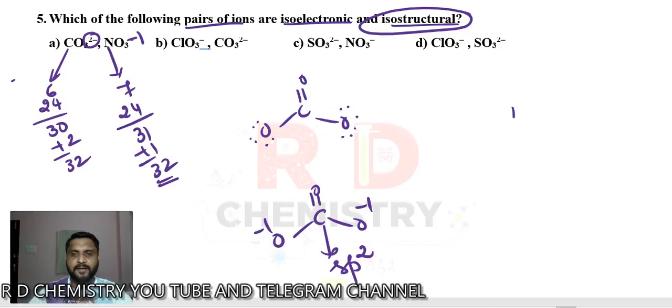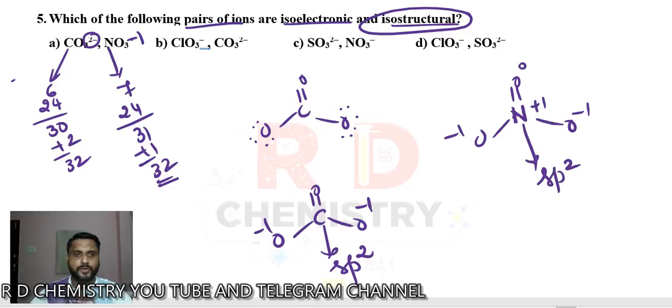If we go for nitrate, nitrogen, double bond, single bond, and single bond. If I write these charges, minus 1, this nitrogen has 4 bonds plus 1 charge, and this oxygen has 0 charge. Okay, right? So when you count, the total charge will be minus 1, and this is similar to the sp2 hybridized one. Okay. So the answer is option number A. First one is the answer.